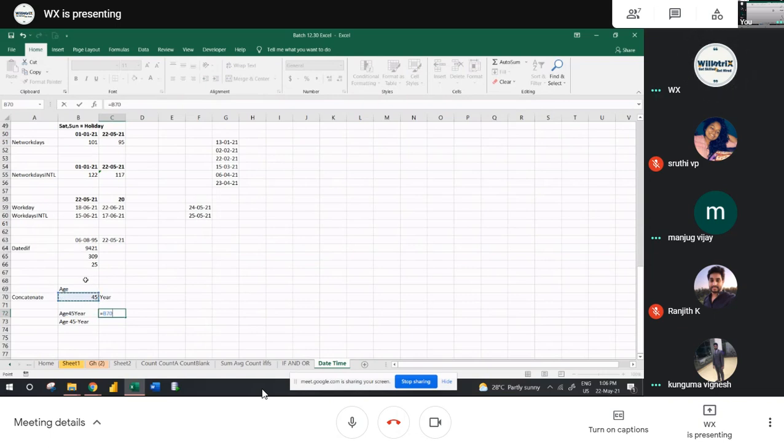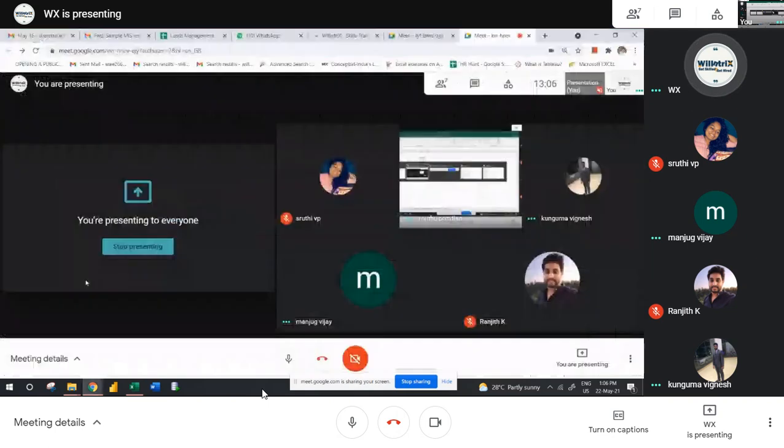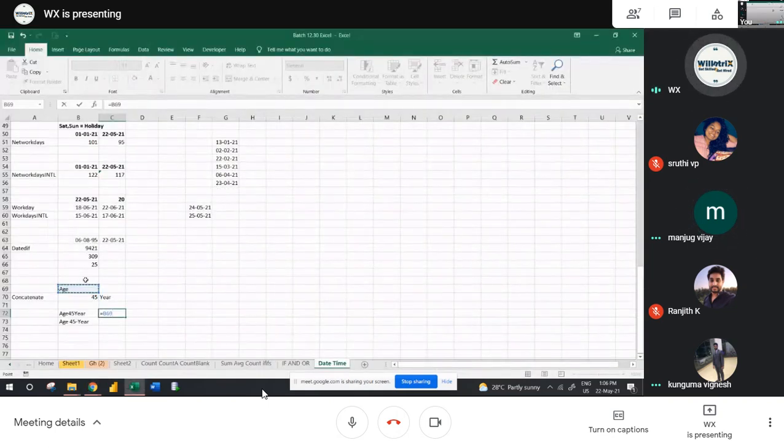One second. Can you hear me? Yes. This AND I need this again and this. There you're using comma, but here you just use the AND symbol. That's it. If you want a space and all, after age I need one space, double quotation space, and this, and one hyphen and year. Age 45 hyphen year. Understood this? Concatenate, very, very important and easy thing.